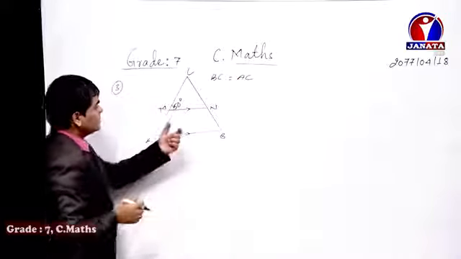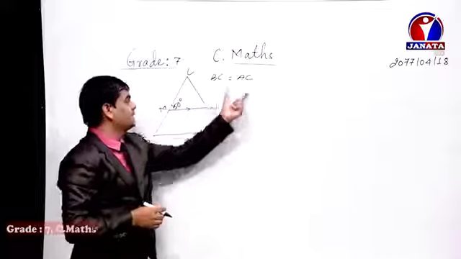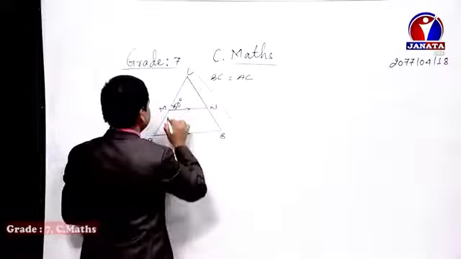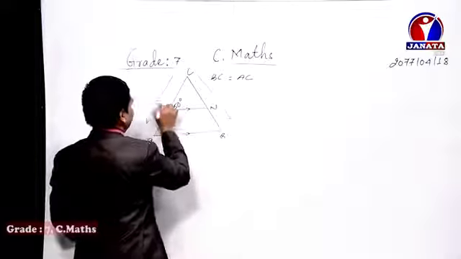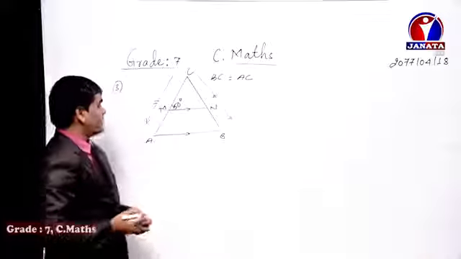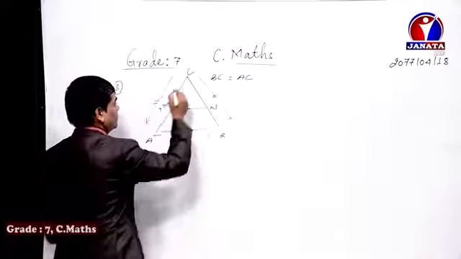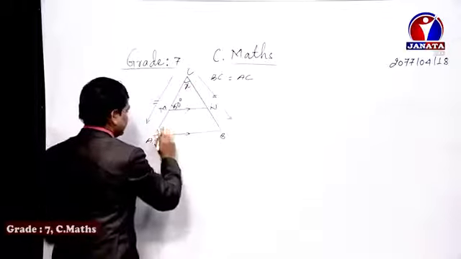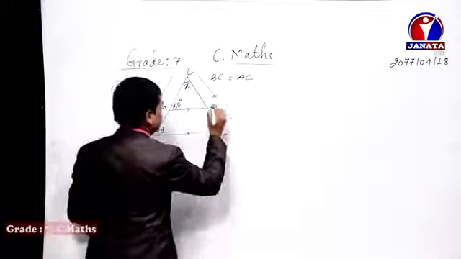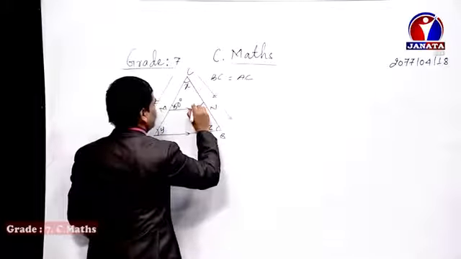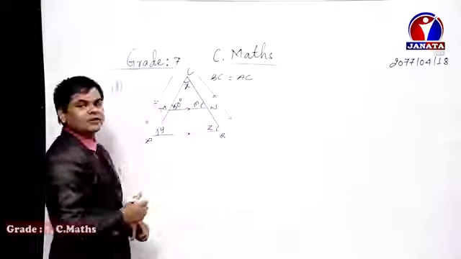The statement in the question, for example, is BC equals AC. What do you mean by this? BC means this one side, isn't it? And AC means this one side. They are equal to each other, okay. For example, the question has asked to find X, and here is Y, and here is Z, and the value of this one angle also, M, okay.